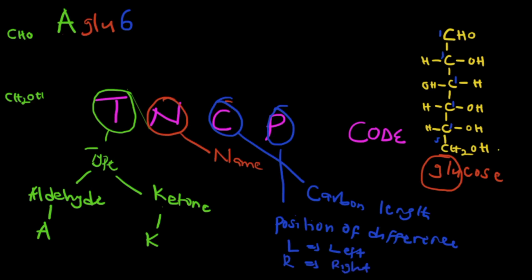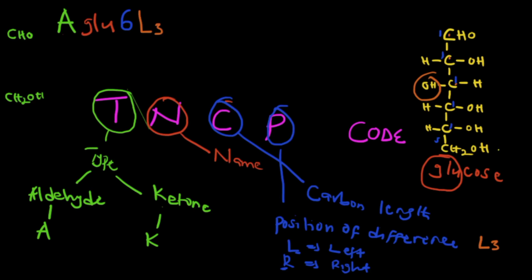When the OH group is to the left, I'm going to use L. When the OH group is to the right, I'm going to use R, and then attach it to the number of the carbon. What I mean is that in glucose, at carbon number 3, my OH is to the left, so I have L3. So my code for glucose will be Aglu6L3, meaning in carbon number 3 my OH is to the left,